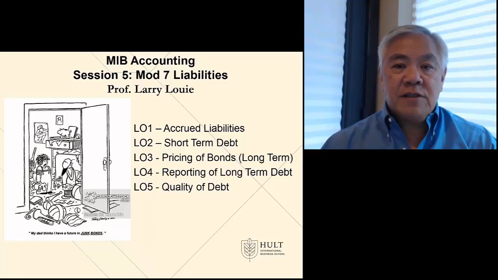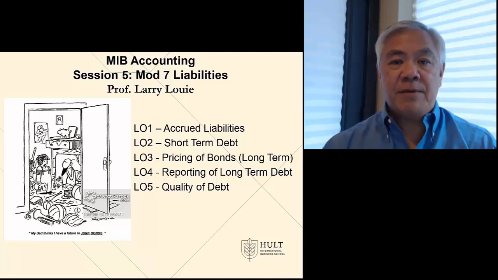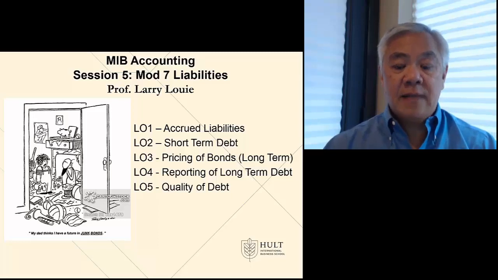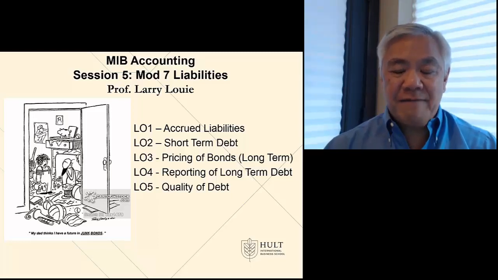So we're doing our video for session number 5, which is on Module 7, Liabilities. Our learning objectives are first, accrued liabilities, second, short-term debt, third, the pricing of bonds, which in the book is called long-term debt, but we're primarily talking about bonds, 4, the reporting of long-term debt, again, primarily bonds, and 5,